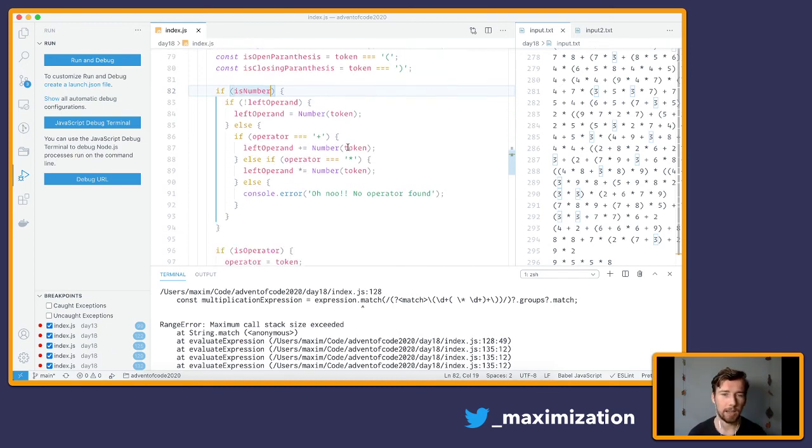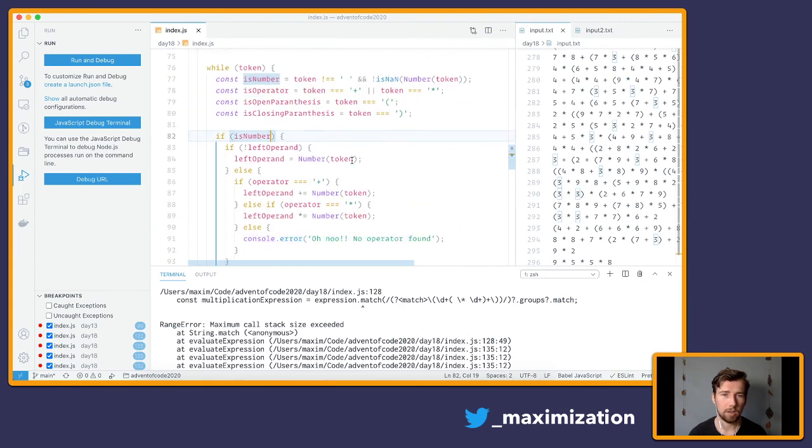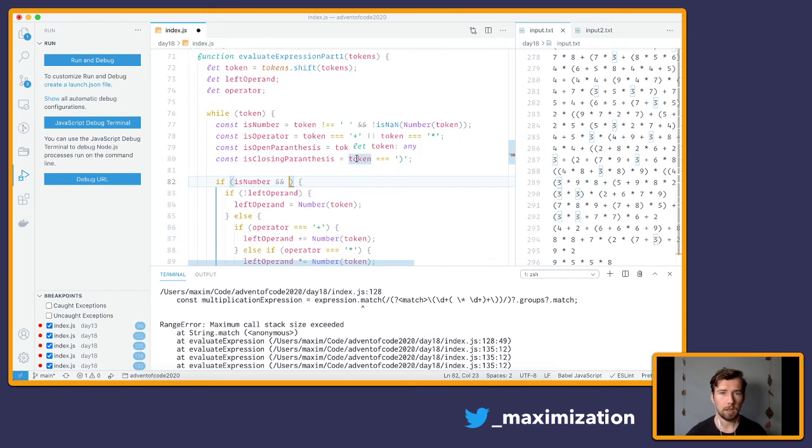How can I quickly hack this? Yeah, all the logic is in there. So if is number and tokens. Okay, so